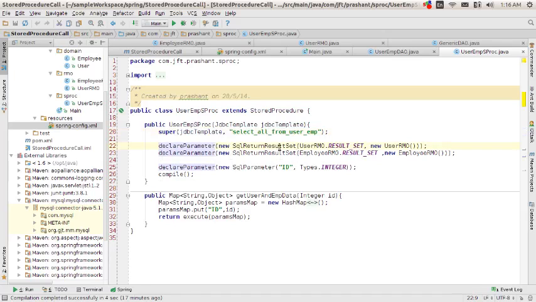We need to declare the result sets first, as we are returning two result sets in this stored procedure. So we must identify these two result sets uniquely. The stored procedure returns a map, and we have assigned one key to each result set. Here is the first key, which is result set 1. Then there is the second key, which is result set 2, and we have created the result mapper objects, one for user,